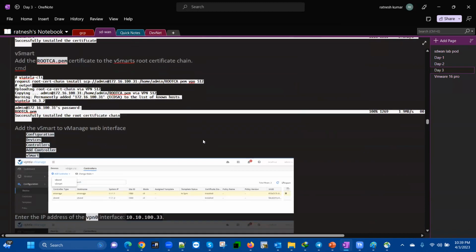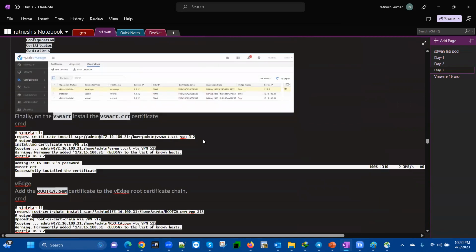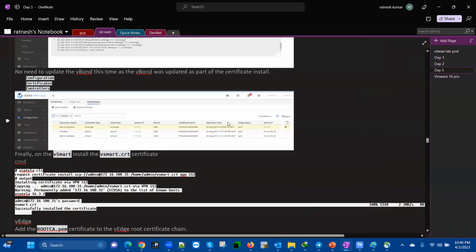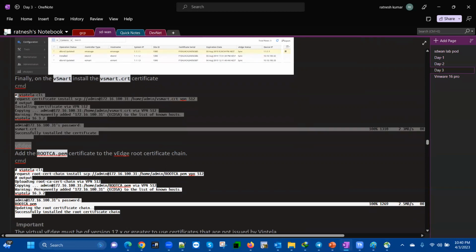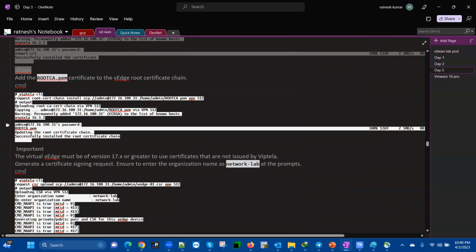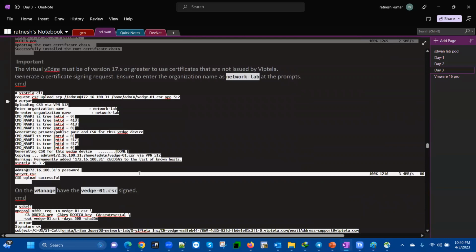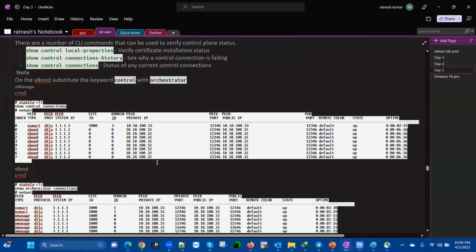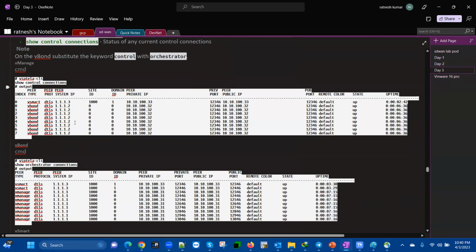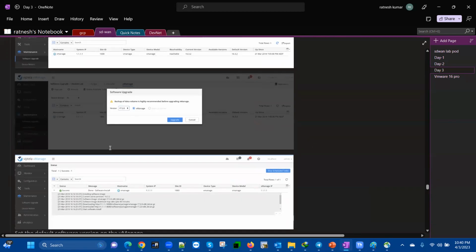So once everything is done, you will see within the vManage dashboard that it shows you all those devices installed, and it will show you 3 controllers up and running. Okay, now next turn is to add the vEdge devices. We'll follow the certificate process because we have already put the basic configuration for the devices. Just follow the configuration, and by the end of this process, you'll find your edge devices are also part of that. You can see the control connection, you can see the certificate installed, and in the dashboard, finally you will see